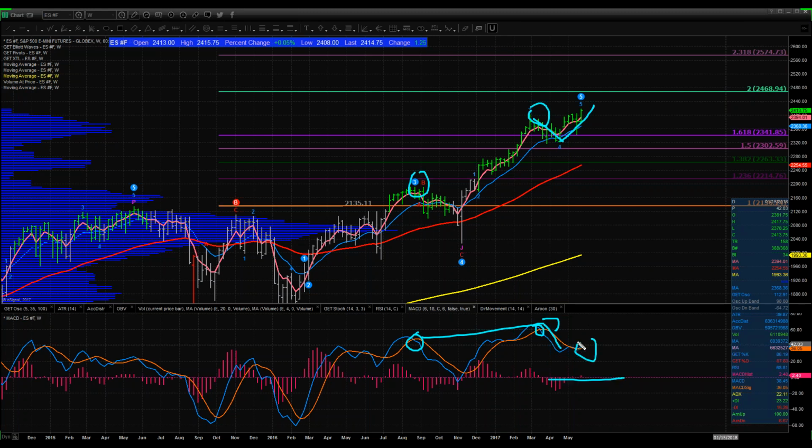There's the zero line. We've crossed above it. So it does suggest we've got some more oomph to the upside. Next week, again, Monday, it's going to be a short holiday week, so we kick it off on Tuesday, but